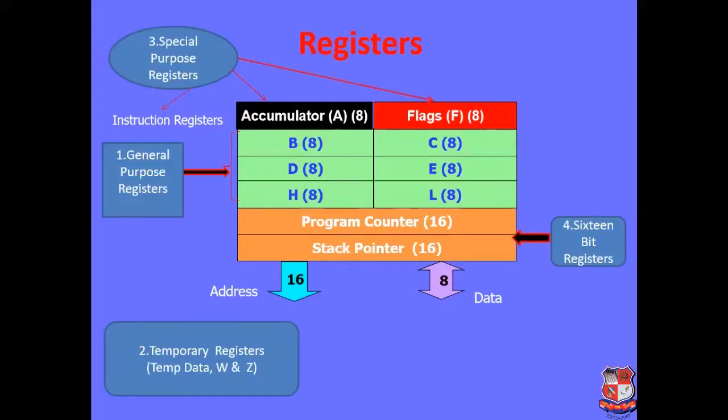We will start discussing architecture of 8085 with register. 8085 has 6 general purpose registers. The registers B, C, D, E, H, and L are 8-bit general purpose registers, and can be used as separate 8-bit registers or as 16-bit register pairs BC, DE, or HL. The HL pair also functions as data pointer or memory pointer.